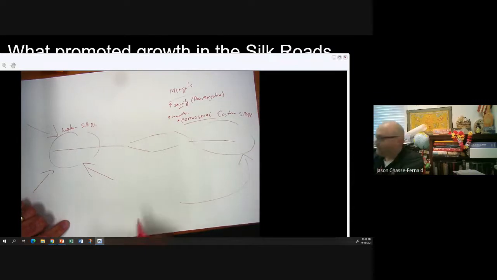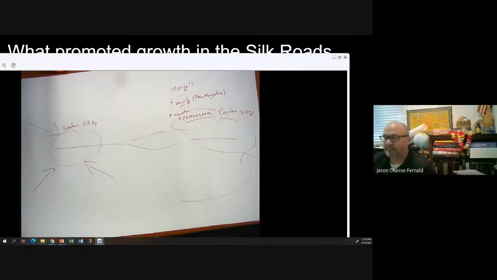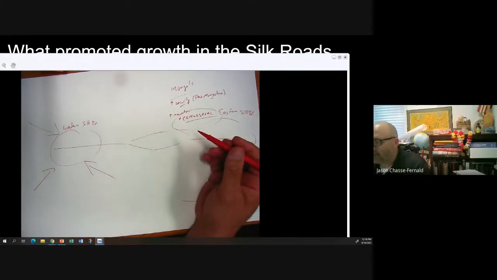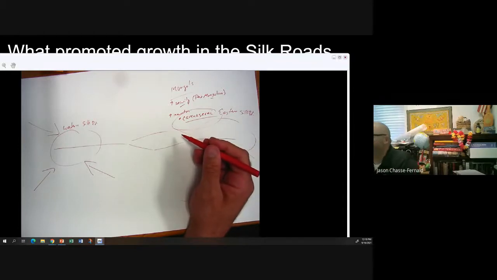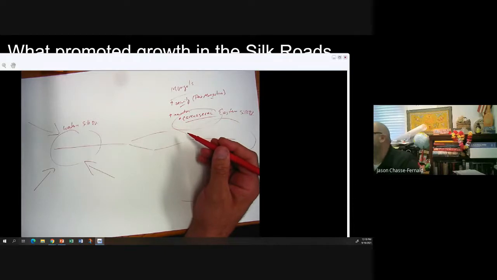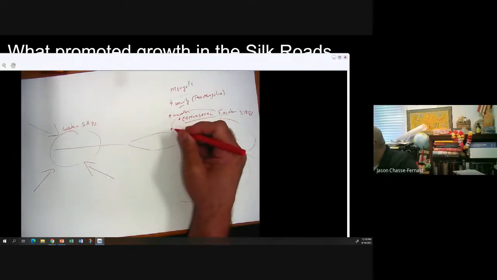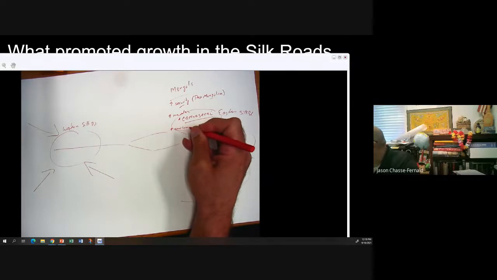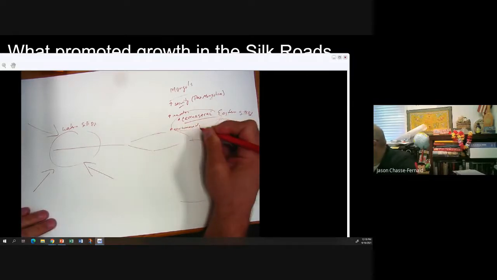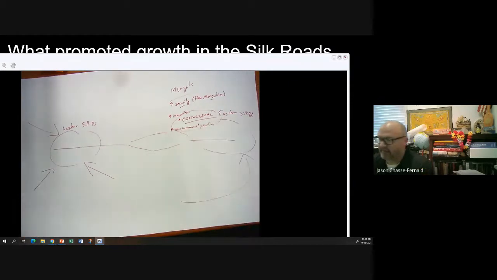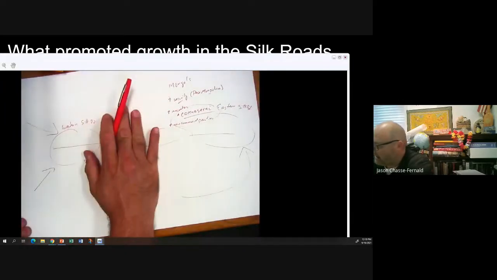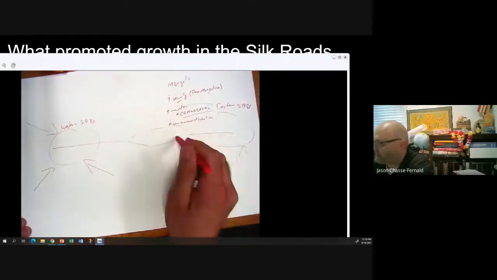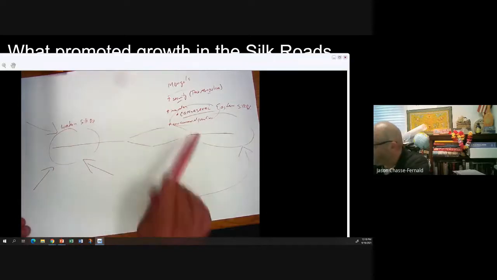Right? So this is what we're going to talk about for a few minutes. Right, so this is nothing new. These have been around for a long time, but we are going to see a dramatic increase in them during this time frame, or at least a revival of them during this time frame. And we're also seeing an increase in new commercial practices. All right, so we're seeing banking houses coming in. This idea coming in from the West. Paper money and new forms of transactions coming in from this direction.